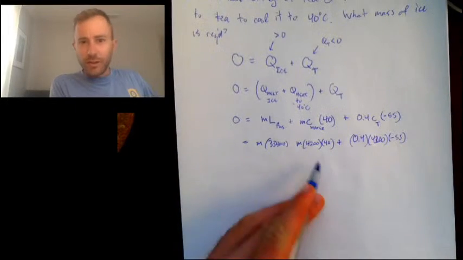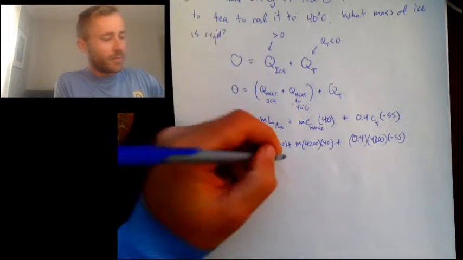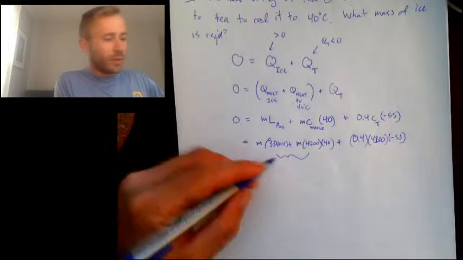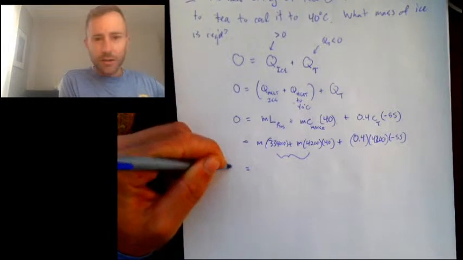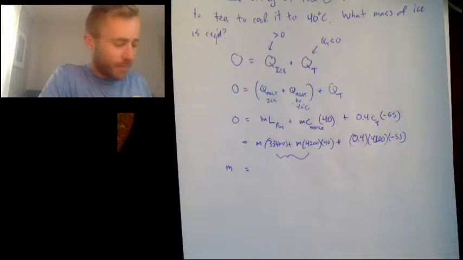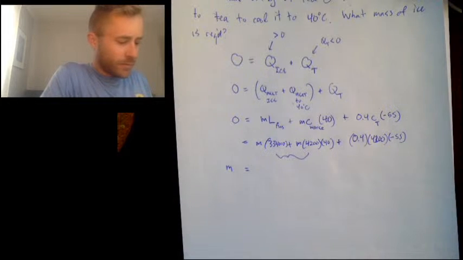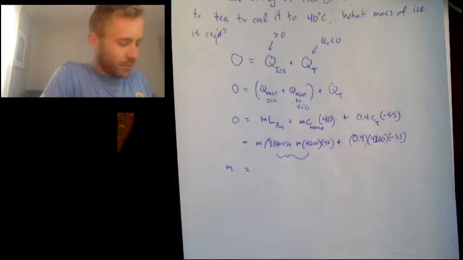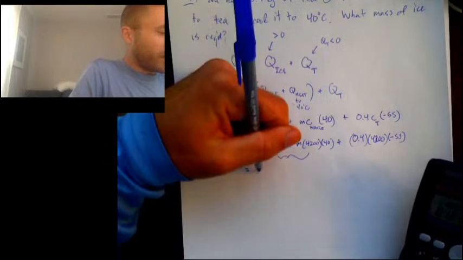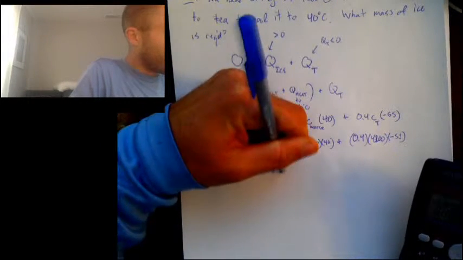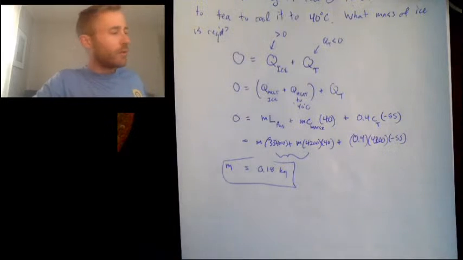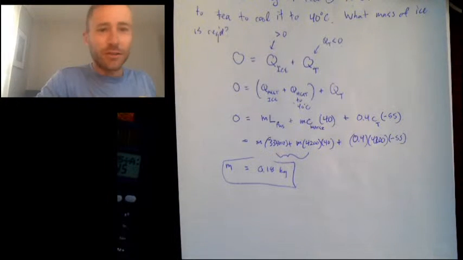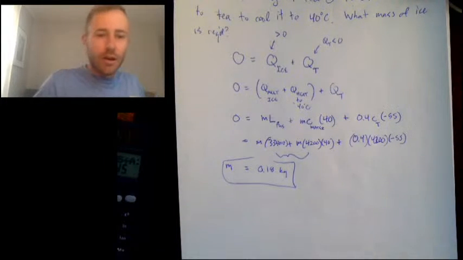Okay, so we can see that we collect like terms here, and then we can solve for M. I'm not going to show the math in the interest of time. What we get is the mass of ice is 0.18 kilograms. If you add that mass of ice, then you will have tea at the perfect drinking temperature afterwards. All right, class, that is my